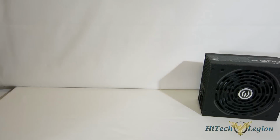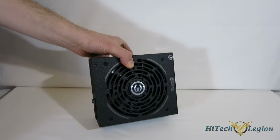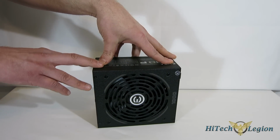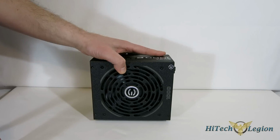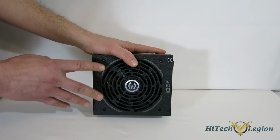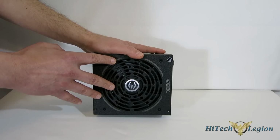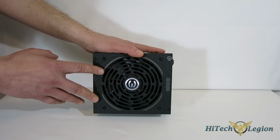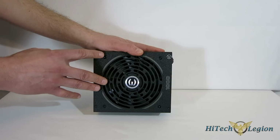Now let's get a look at the unit itself. Like I say, EVGA did not skimp anywhere as far as the internal circuitry. They took the KM3 platform and they outfitted it with all of the best components. One of the ways you know that is the platinum certification. We have seen this same platform come out in gold because you don't quite go with the tolerances, don't quite spend the money on the circuits on the inside, and you wind up with gold efficiency rather than platinum efficiency, which really isn't a huge deal, but EVGA went all out, top tier all the way